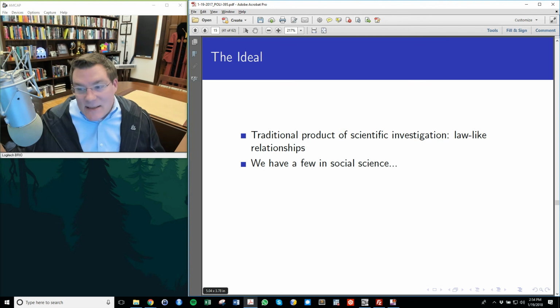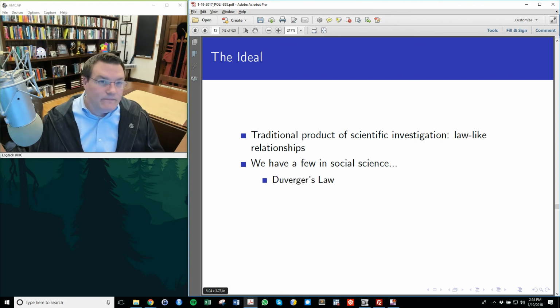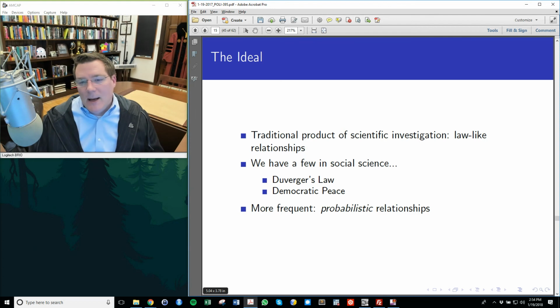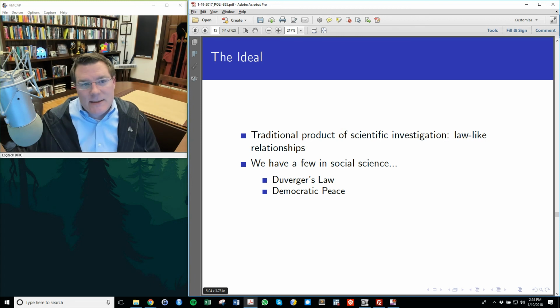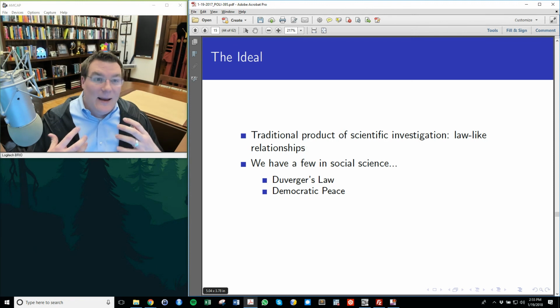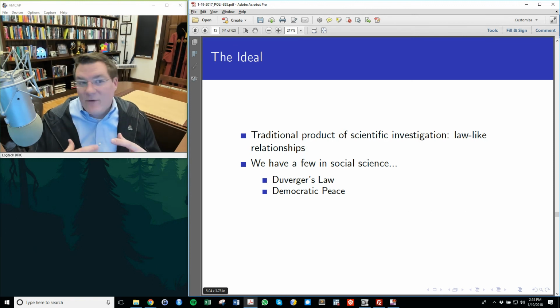And in social sciences, sometimes we are able to come up with that. So I'll give you a few examples here. Duverger's law says that the number of viable parties in an electoral district is equal to 1 plus the number of seats available in that electoral district. So in the United States, where congressional districts are all separated, there's 1 congressional seat per district. Every state, there's 1 Senate seat up for election at any given time. You never have 2, or very, very rarely do you have 2 senators both running for office at the same time. And you actually can't run in both elections, right? You can't run for 2 Senate seats